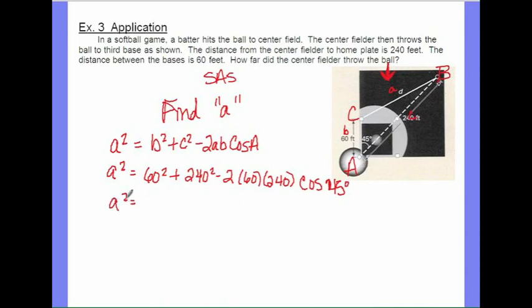a squared equals, if I square these two numbers and add them together, that's 61,200 minus, if I multiply these together, that's 28,800 cosine of 45. So a squared equals, if I calculate all this, I'm multiplying these and subtracting it from that. That is approximately, let's see, I'm going to round here,